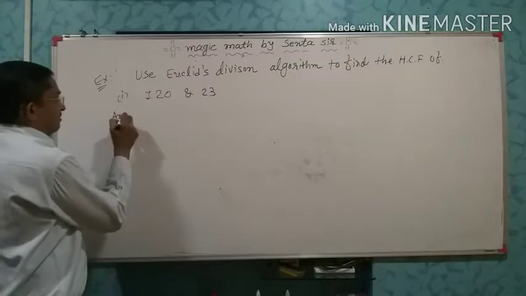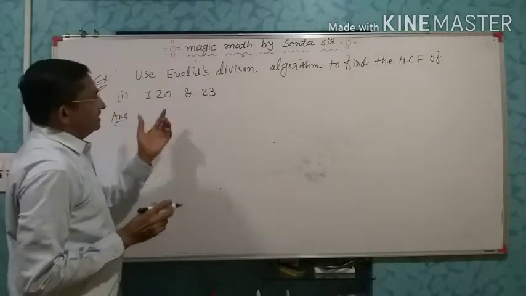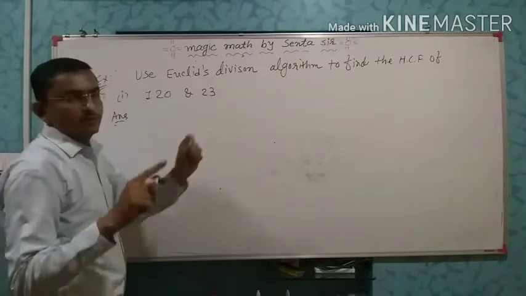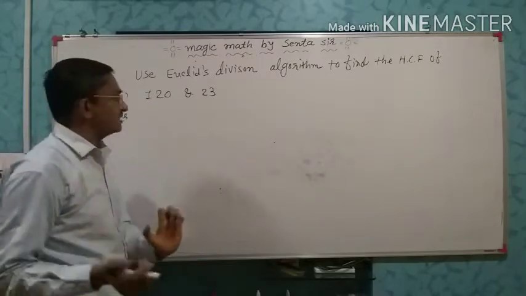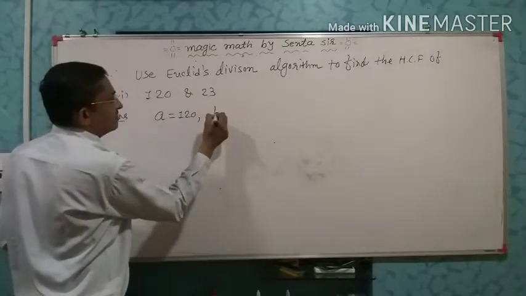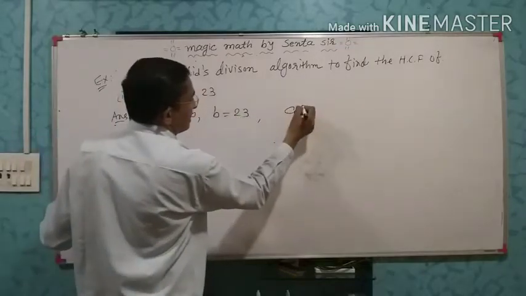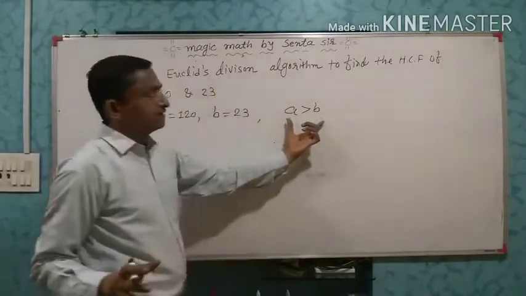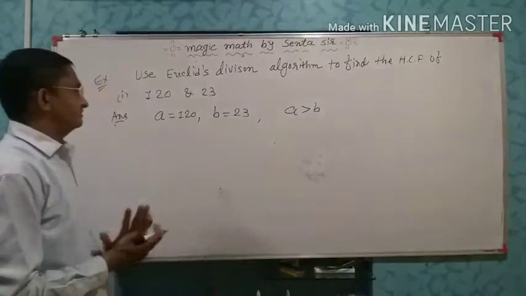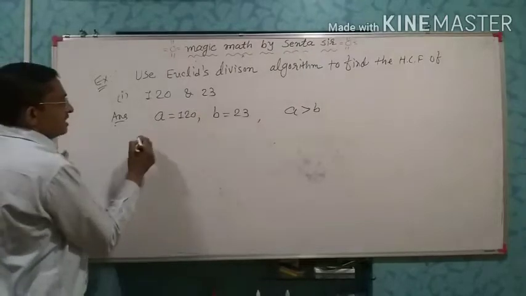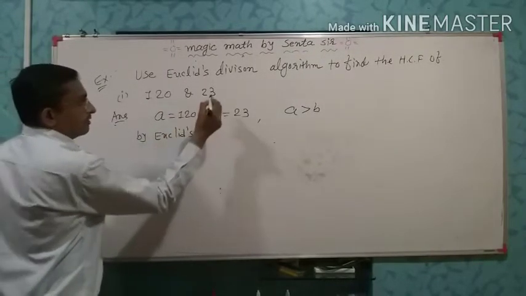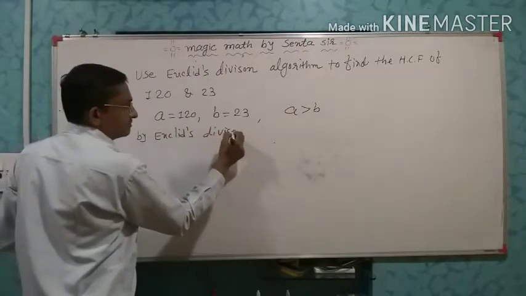First of all, we take A and B. Large number as A and small number as B in all examples. Here A is equal to 120 and B is equal to 23. A is greater than B, always taken A greater than B. Okay? By Euclid's division algorithm,